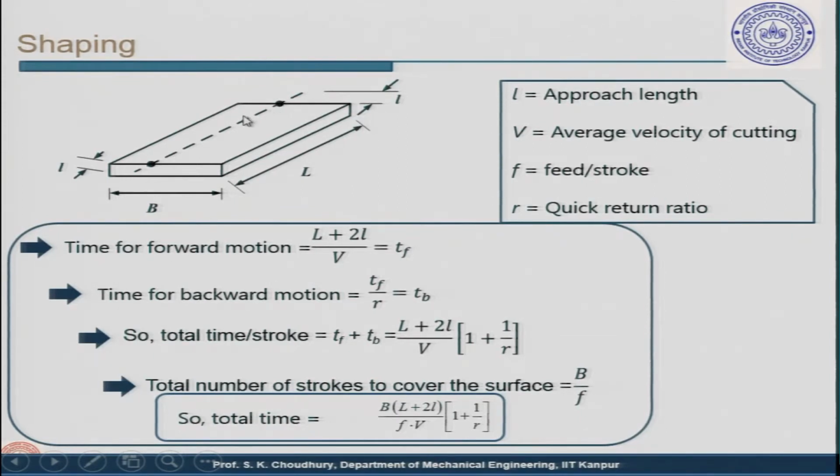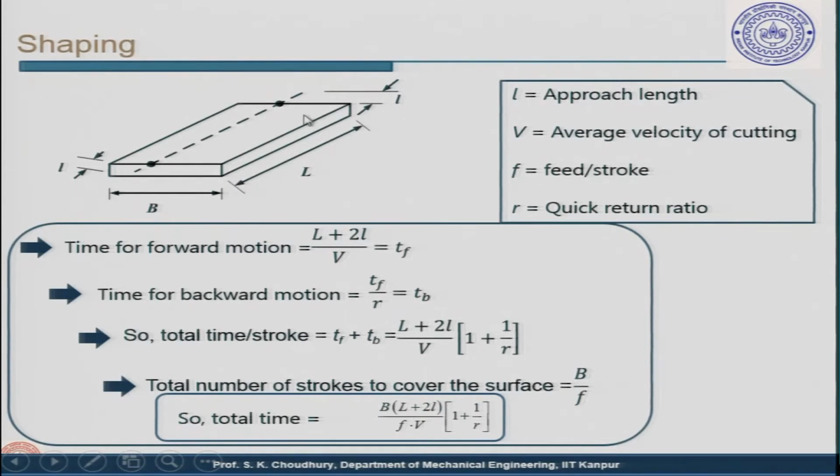And then it moves at a certain speed, which is the cutting speed, then it goes out of that again with a larger speed, the speed which is faster. So, this length is called the approach length when the tool is approaching, all right, and then it will cut at a lower speed and then again approach; within the approach length it will go faster. This is the difference here between the shaping and the turning.